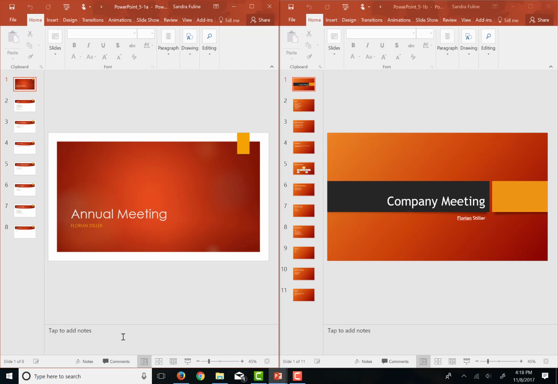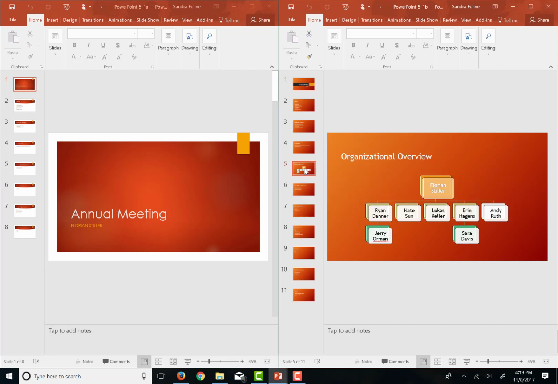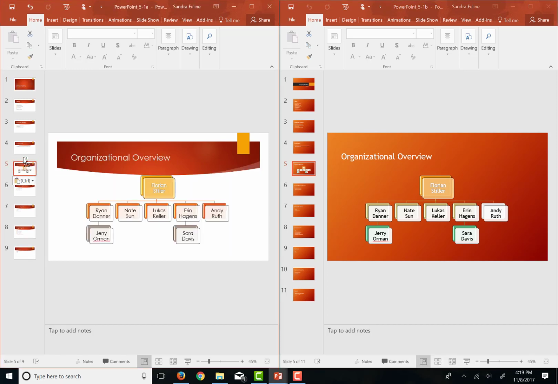So once these presentations are open side by side, in the 5.1a presentation after slide 4, you are going to add slide 5 from the 5.1b presentation. So you're going to click on that slide and drag it. Actually, I'm not clicked on it correctly. I would click on it once, make sure it's selected, then click on it again, drag it over and drop it in between 4 and 5 on the other presentation. Then it wants you to close out of